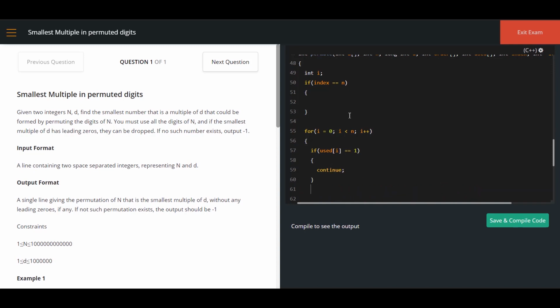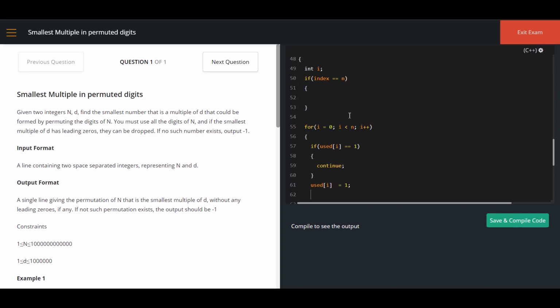If I have not used the first element in the array, I have to use it. So for that, used of I is equal to 1. I am going to initialize the value called 1. After using that, I am going to store the first array value in one array, which is called order. In that order, I am going to store the value, in which order I have to permute. Fine. After storing the value, I am going to do permutation. So I am going to make a recursive function call.